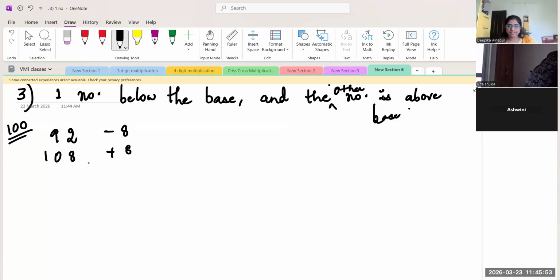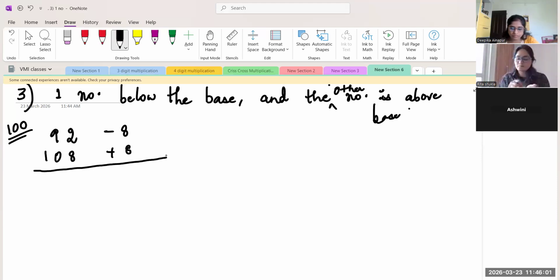So minus 8 into plus 8 we are getting, right? So here it will be minus 64 actually. Keep that number like that only because I cannot write a minus 64 here, right? So what I'll do is first I'll do the cross addition. I'll just add two zeros because two zeros are there in the base. Next step, we should add that minus 8 plus 8 multiplication thing, that is 64.